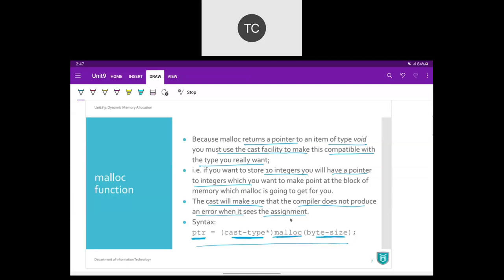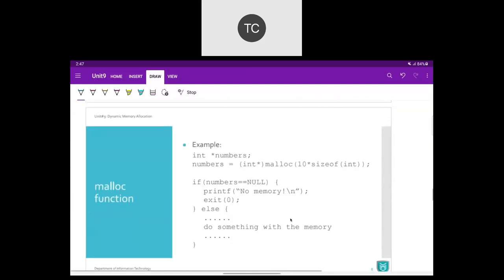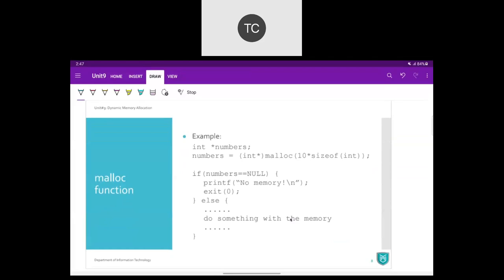Yeah, so if we take a look at this example in a single slide, this example is to have memory allocated to us for 10 integer values. So at runtime, we allocate memory using the malloc function. What will be the size of that memory? We want to store 10 integers, so we write 10 multiplied by sizeof integer.